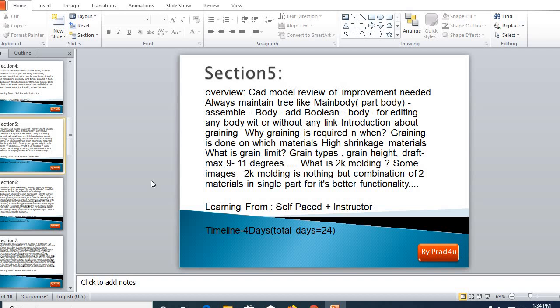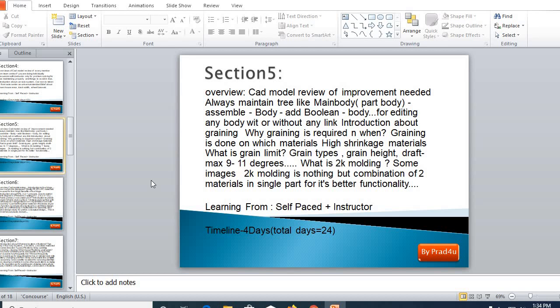Then work on some assemblies and try to make the assemblies, and how to make an assembly, in which direction which part is suiting. All those things you have to learn in the CAD domain. After that you have to study parallelly what is meant by graining on a plastic part, an introduction